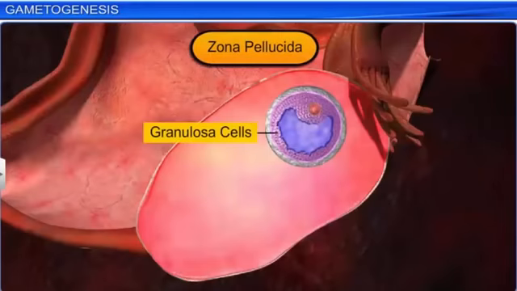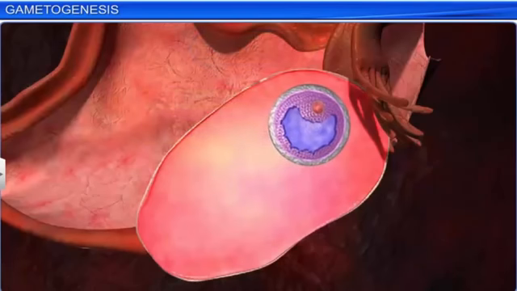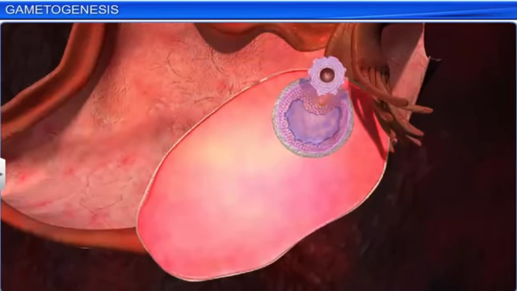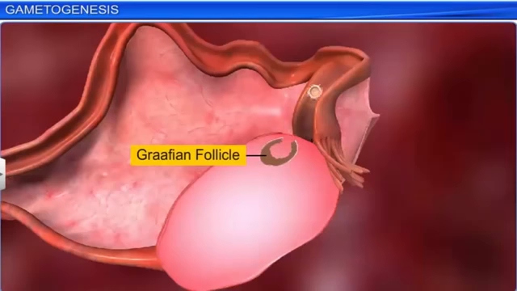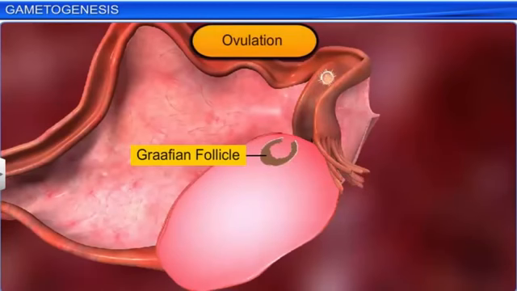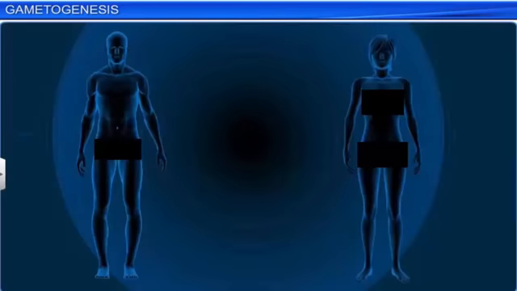The granulosa cells secrete a glycoprotein substance that forms a membrane, the zona pellucida, around the secondary oocyte. The secondary oocyte or ovum is released from the Graafian follicle when it ruptures due to a surge in LH in the body. This process, called ovulation, causes the oocyte or ovum to be placed in the oviduct, where it awaits fertilization by sperm. In this way,